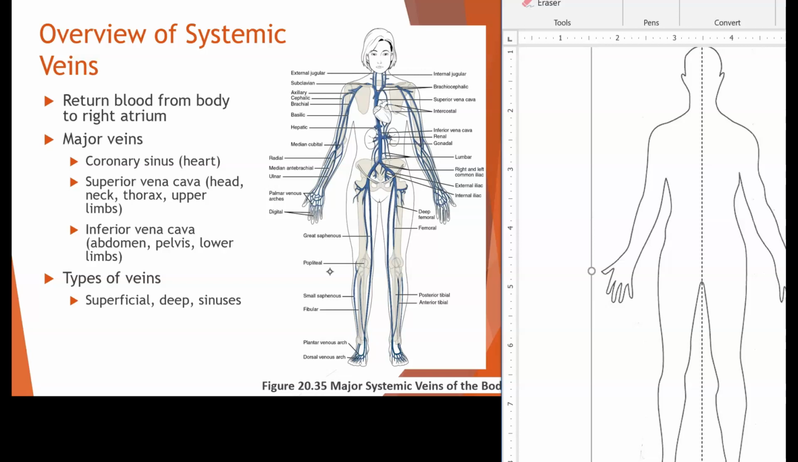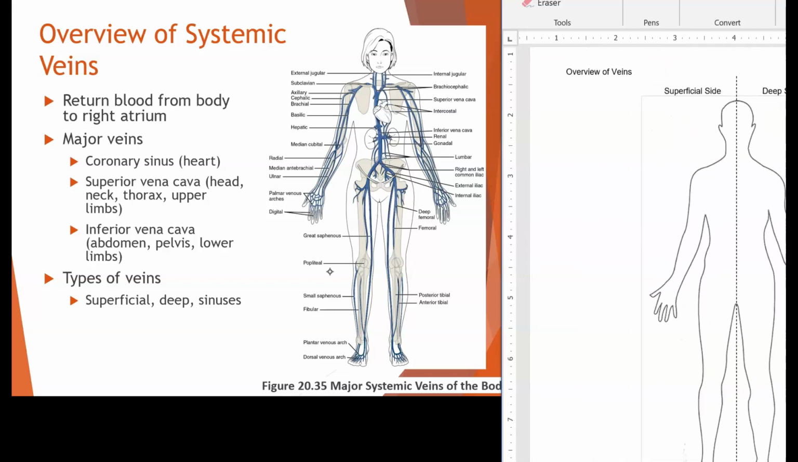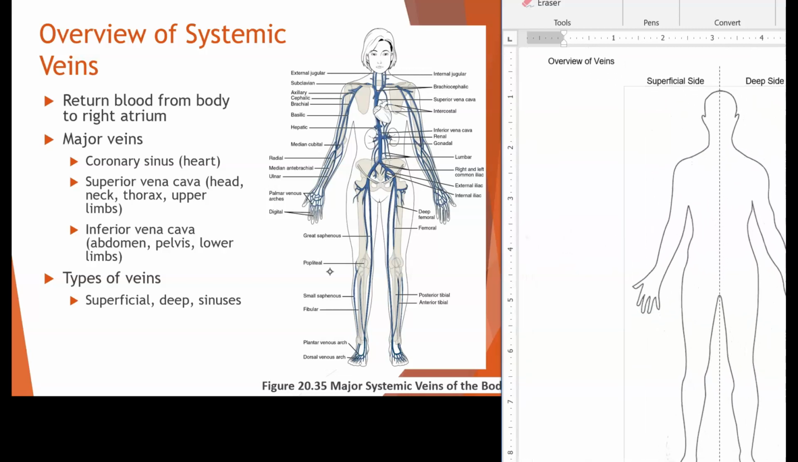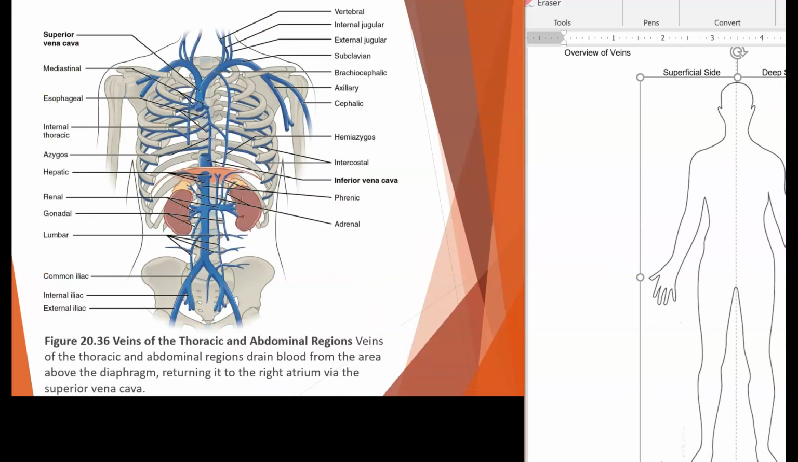So the ones that you've learned about already are your coronary sinus, superior vena cava, and your inferior vena cava, and these are deep veins. But we also have some superficial ones that we are going to draw on our patient's right side of their body, and then we'll draw the deep on the left. So let's first talk about some of our deep